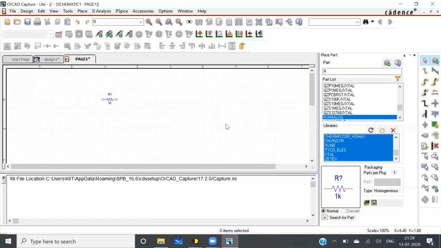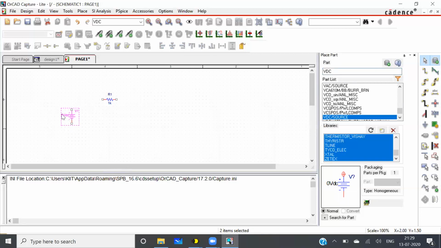Next, I want voltage sources, two voltage sources. So here I will search for VDC. Again, I will double click here. Next, I am pressing escape. For Ohm's law verification, I need two voltage sources.